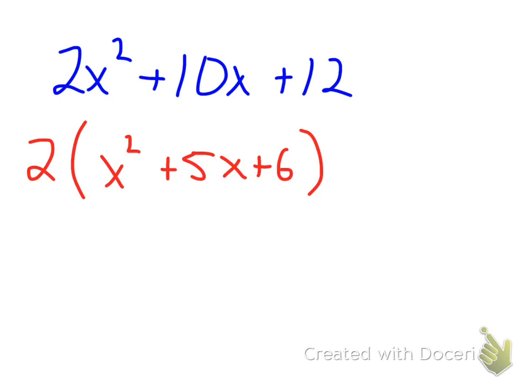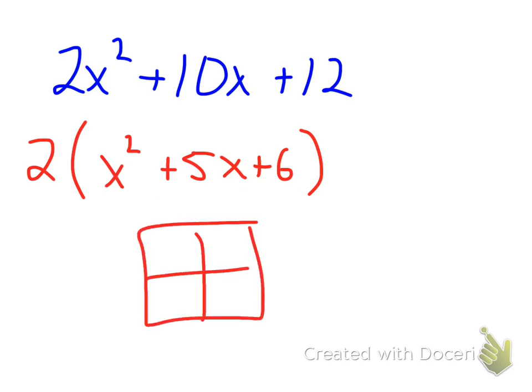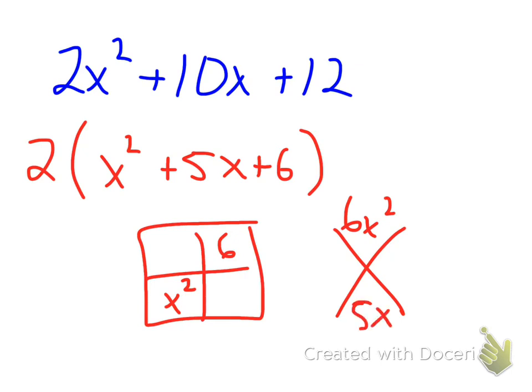So I would go through and make my generic rectangle. I'd have my x squared and the 6. Diamond problem, multiply these two together to go up top, and I get 6x squared. Middle term goes in the bottom of 5x. That would end up being 3x and 2x, which I place in the open boxes, and I get x and 2 and 3. So this problem in blue